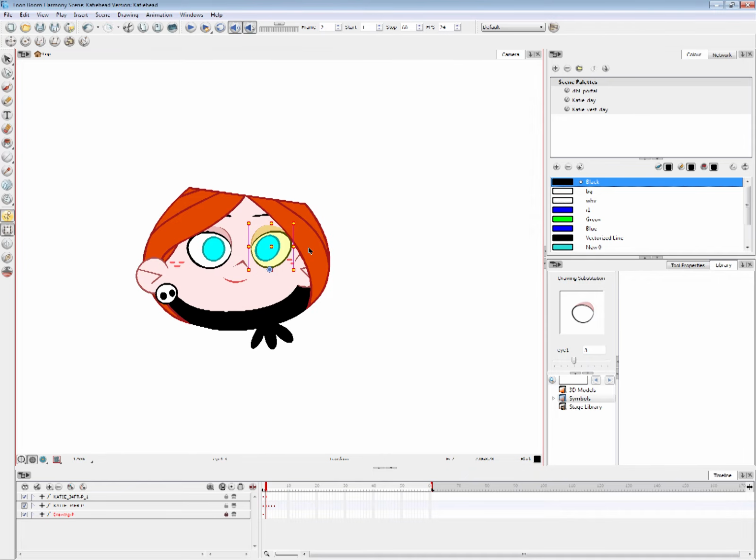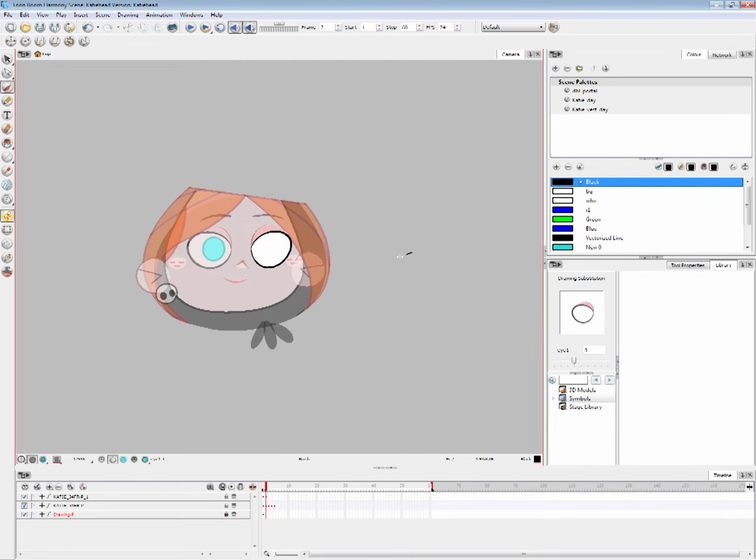The F and G are not default. I changed it. The default for going back and forth a frame is one of these guys, period and comma.